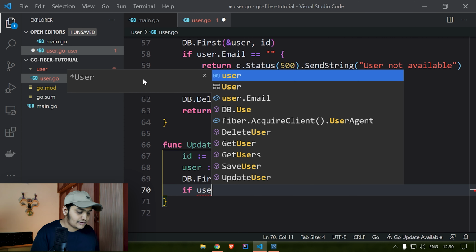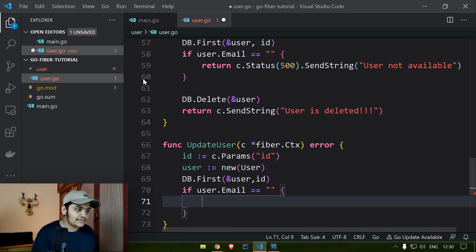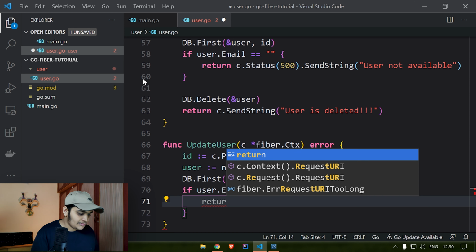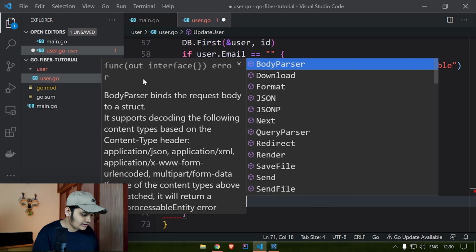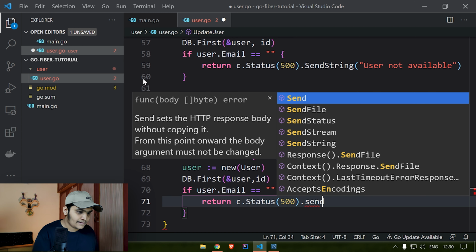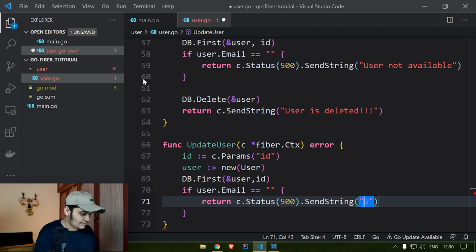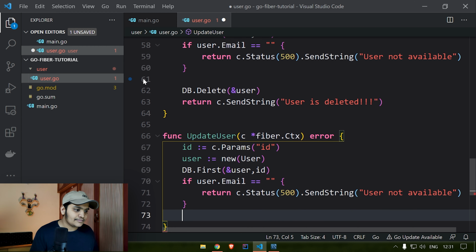If user.email equal to blank, that means user is not available. So I'll just say return c.status 500.sendString user not available. Okay, now that's done.